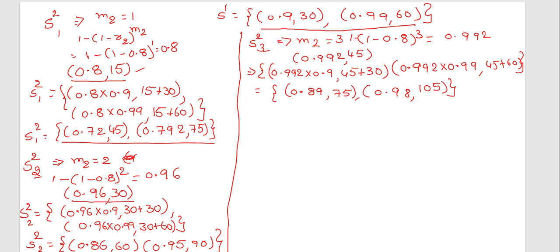Stage 2 can contain either 1 copy, 2 copies or 3 copies. Simply what is the answer? You have to perform union operation. Remember, always connected in series. That is the reason I don't know how many copies I have to make, so each and every time I am multiplying with the previous stage. Either it contains 1 copy or 2 copies. Write down all the pairs: 0.72, 45.